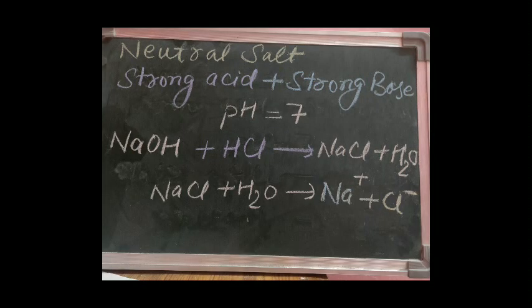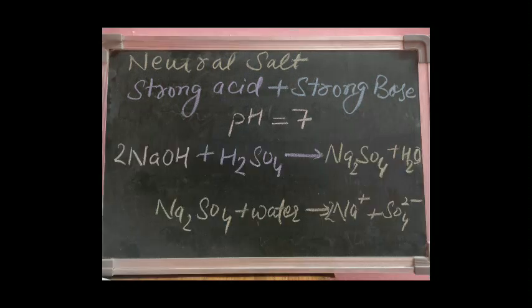So when we do the hydrolysis of sodium chloride, meaning when we mix sodium chloride with water, it completely dissociates and gives Na positive ion and Cl negative anion. We say a substance is neutral when it is neither acidic nor basic. So as you can see in this reaction, NaCl when dissolved in water, completely dissociates, and that's why it is a neutral salt. Now let's see how sodium sulfate, another neutral salt, is formed.